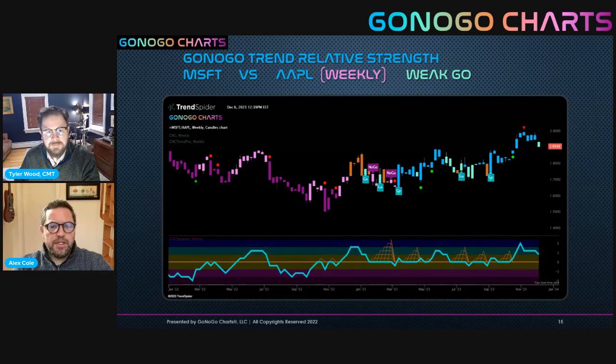This is a weekly chart of Microsoft to Apple. And you can see that even though Apple is probably the one that gets the headlines, the one you see in your word bubbles, and you're going to see Apple being talked about probably more on Twitter, or X, I should say, and all the rest, actually we can see that Microsoft has been in a relative go trend on a weekly basis